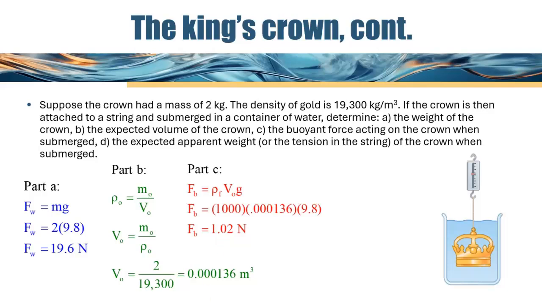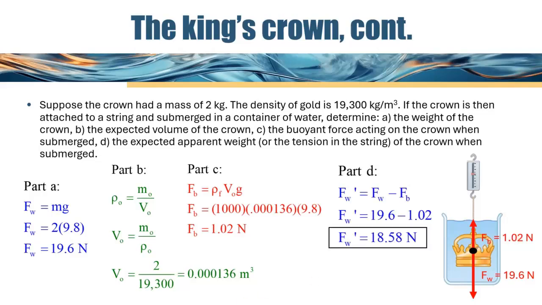Lastly, it says, what is the expected apparent weight of the crown? Well, let's go over here and draw a free body diagram. If we have the weight pushing down, 19.6, and we have an upward buoyant force of 1.02, then we would expect an apparent weight of 18.58 newtons. And if we then dipped the crown in water and we did get an apparent weight of 18.58 newtons, then we know that it is made of pure